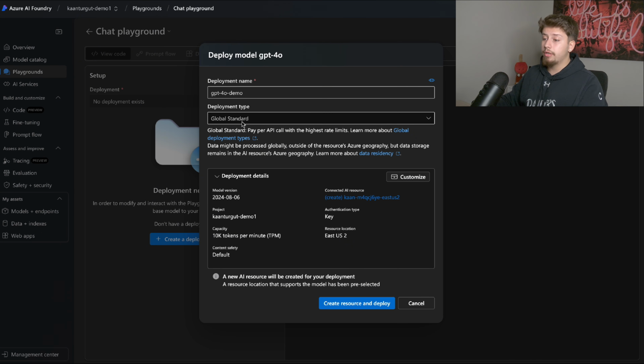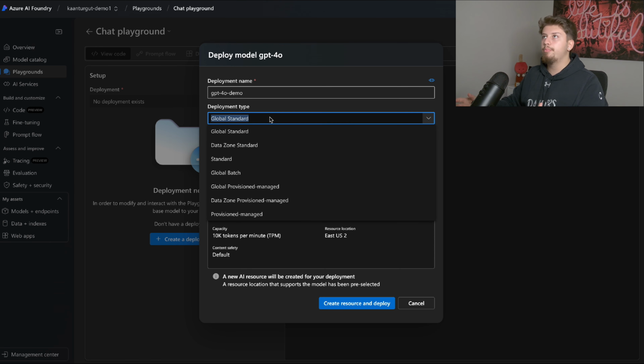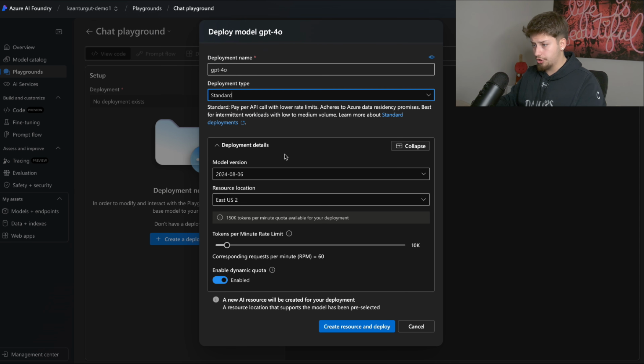And deployment type, there are multiple deployment types. You can see that global standard pay-per-API call has the highest rate limit. It's literally like a SKU; depending on your deployment type, you pay for it. There are a bunch: global standard, data zone standard, global batch, global provisioned managed, and other stuff. So I'll go with the standard, just making sure I'm not going to pay a lot of